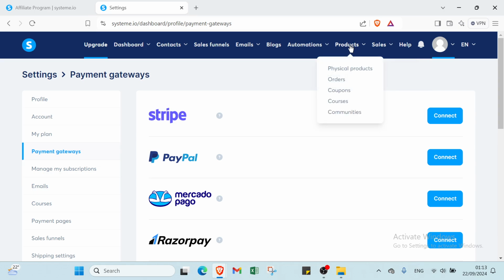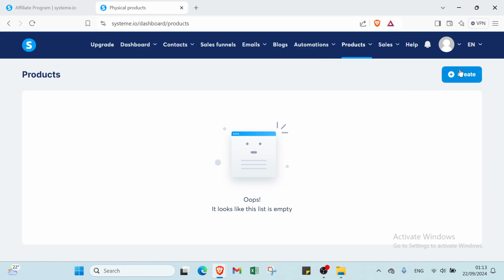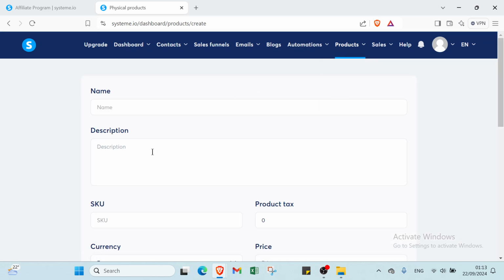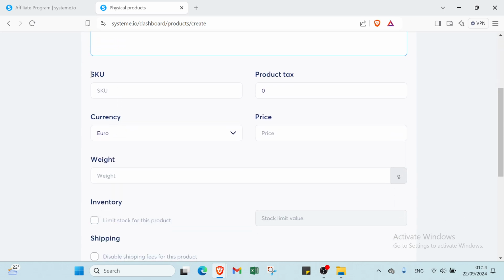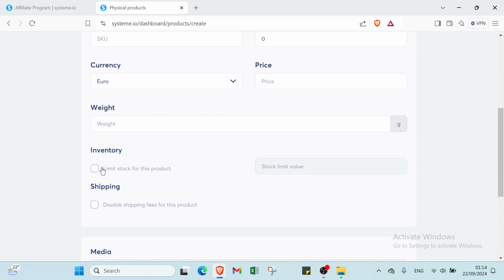So to create products, you have just to go to products and you choose the one you want, for example, orders, courses, communities, or physical products. I will choose the first one. Then you have just to click over create. Once you do that, you will have just to write your name, your description. So about the description, you have just to go to ChatGPT and you copy your description and you paste it here. Then we have here SKU here, product tags, currency, price, weight, inventory also, disable shipping fees for this product,